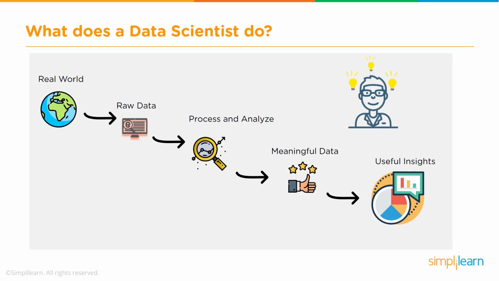So this is a very high level view of a day in the life of a data scientist. So gathering raw data, performing some quick analysis on that, and maybe processing or manipulating this data to bring it into a good format so that it can be used for the analysis, feeding this into the analysis system that has been designed, be it mathematical models or machine learning models, and then getting the results, the insights, and then presenting it in a nice way so that the stakeholders can understand.